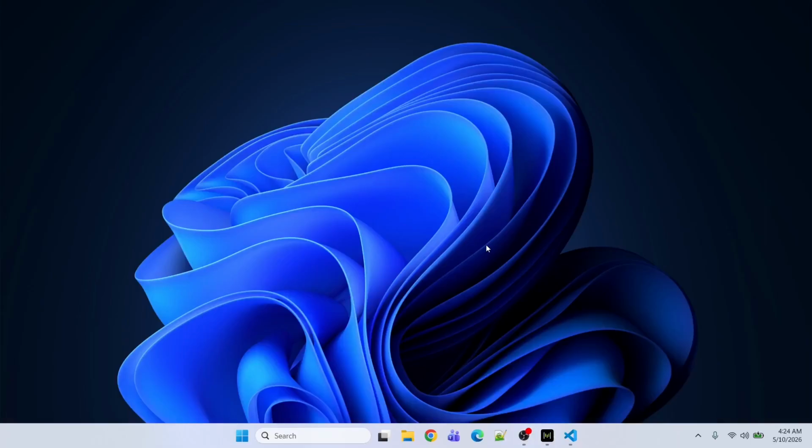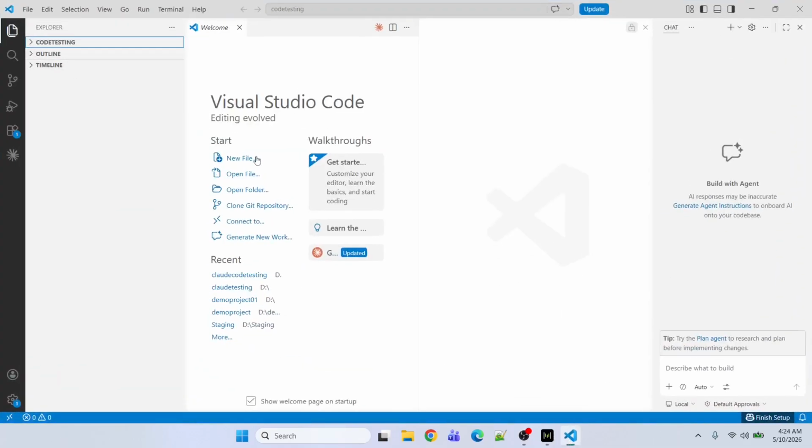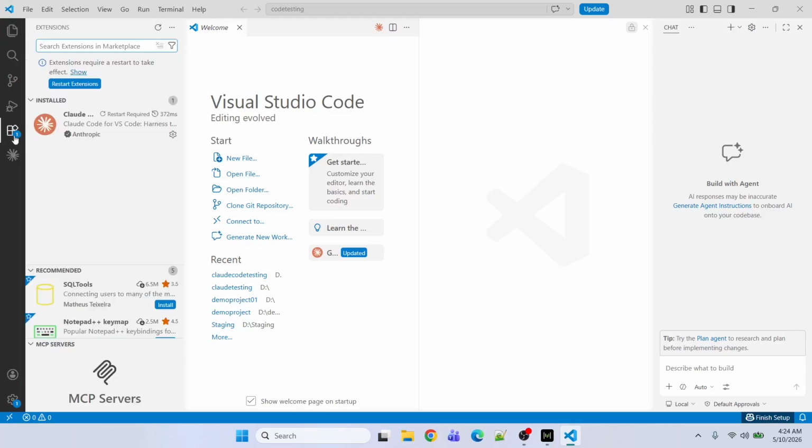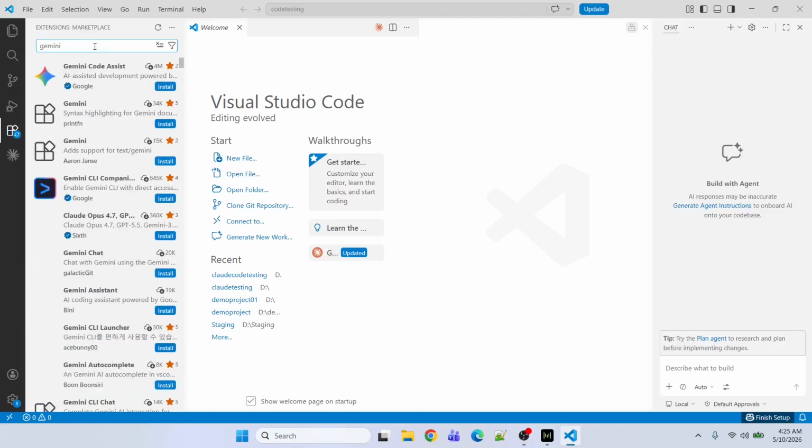Hi guys, in this video I'm going to show you how to set up Gemini Code Assist in VS Code. So first I will open VS Code and then I will go to the extension section and then I will look for an extension called Gemini Code Assist,